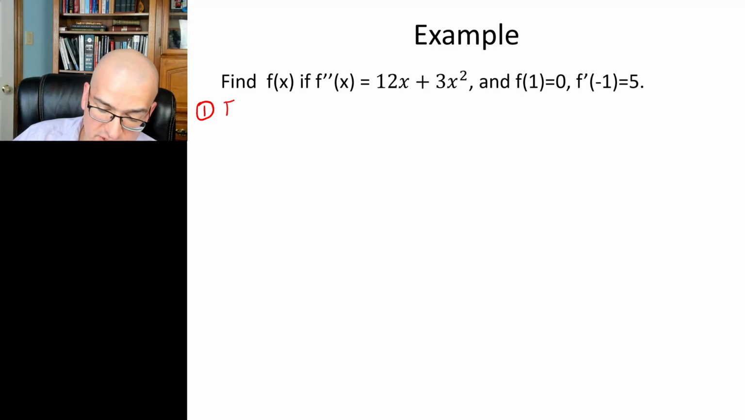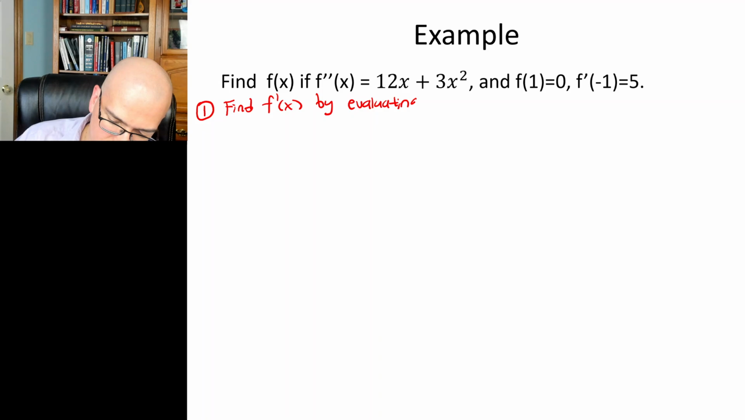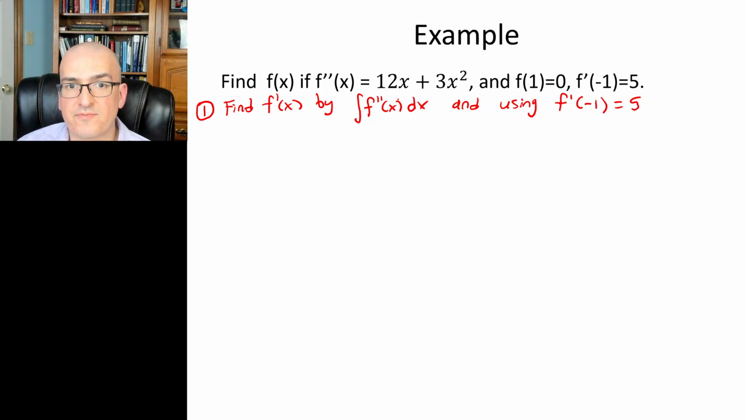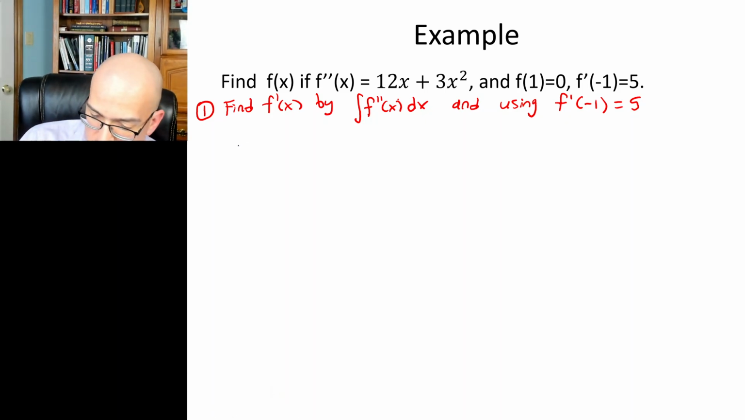So we're first going to find f prime of x by taking the integral of f double prime of x dx and using f prime of -1 is equal to 5 to find the constant that comes out. So let's do that, and then you might be able to guess what step 2 is. So f prime of x